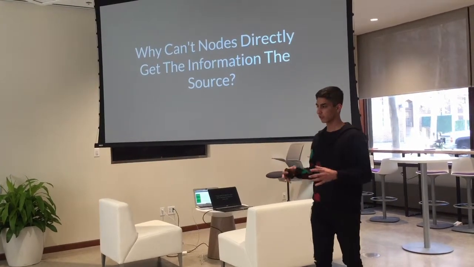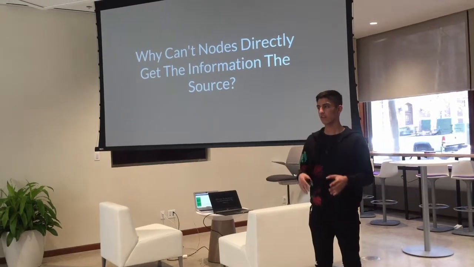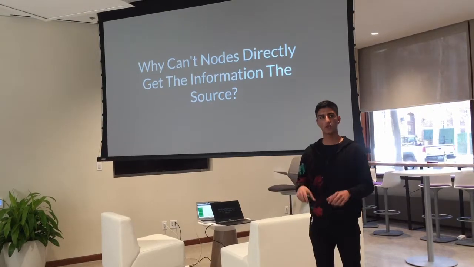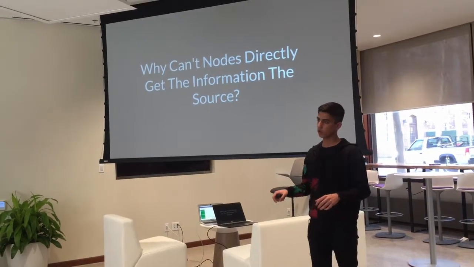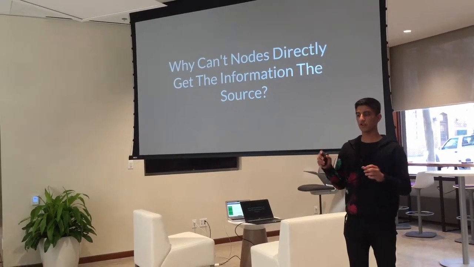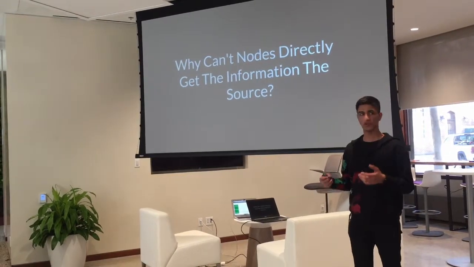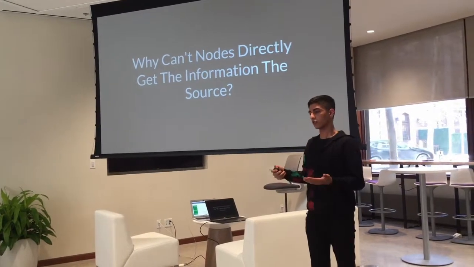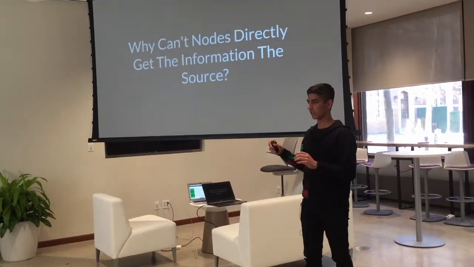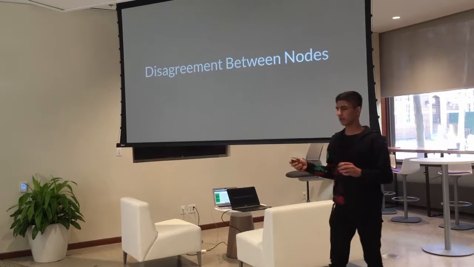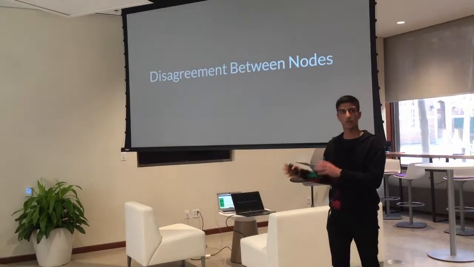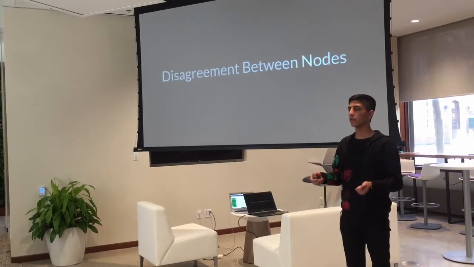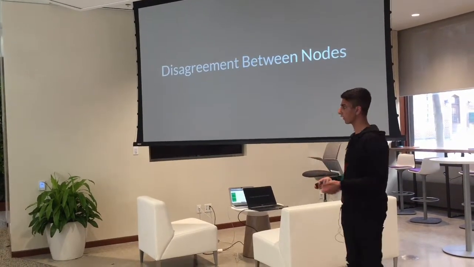Another question that arises is why can't nodes get information directly from the sources? Well, the problem lies in the way these networks are structured. A smart contract is executed independently at every single node. So if two nodes get different answers from the same source, now the blockchain is useless because the nodes conflict with each other. So what you need is something like oracles that can get the information themselves and push it into your contract on every single node and make sure they're similar, so the blockchain itself doesn't break down.